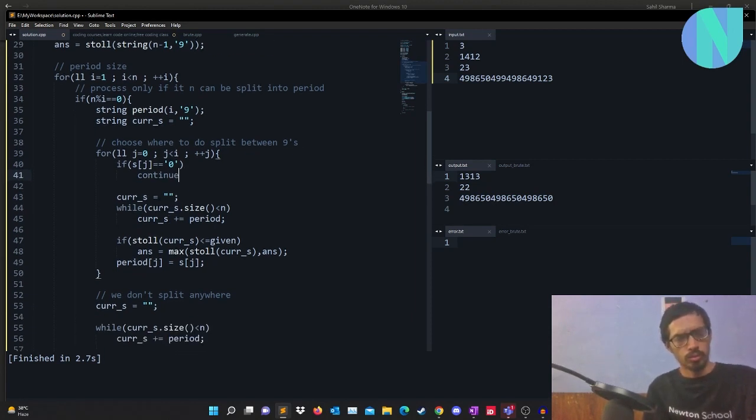Let's not continue. If s[j] is equal to 0, I can set